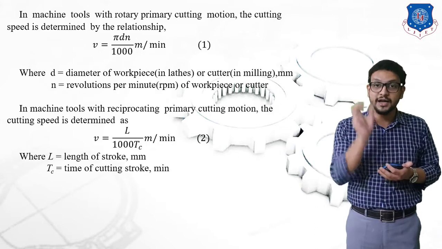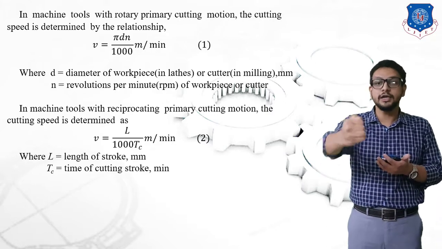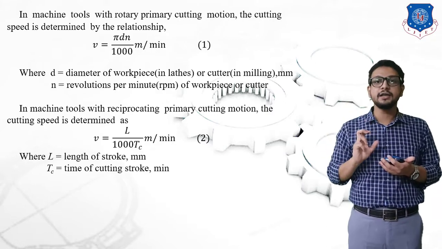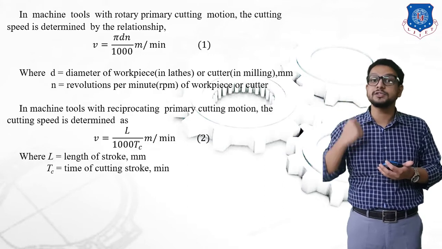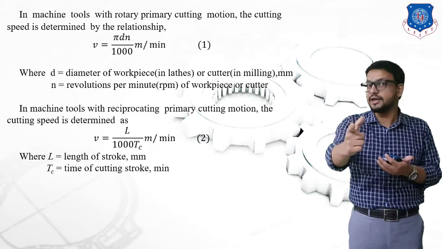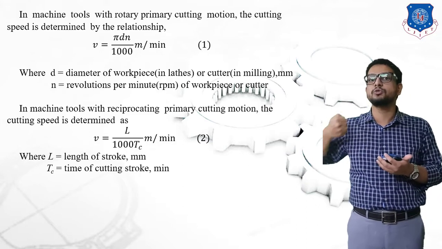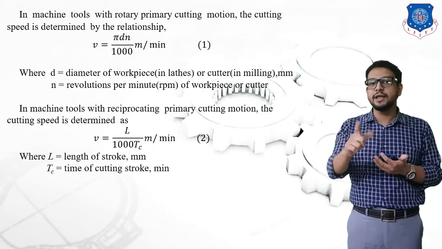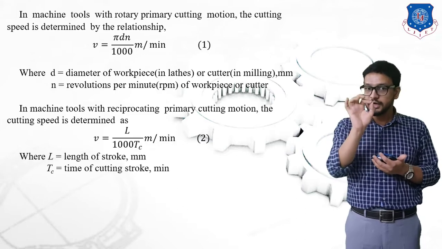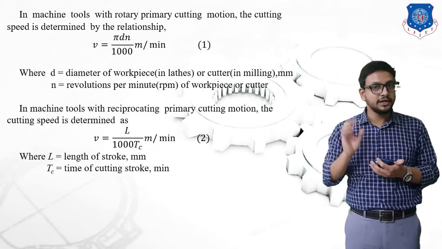In the case of a planing machine, if we take an example, the distance traveled is the cutting tool distance, let's say capital L, and for the time taken, let's see what time we have to consider. One is the forward motion in which cutting takes place, and that time is called the cutting time. Another one is the reverse stroke, in which cutting is not taking place, so that time will be called the idle time. So we need to consider the cutting time in order to determine the cutting speed. It is very simple, right?